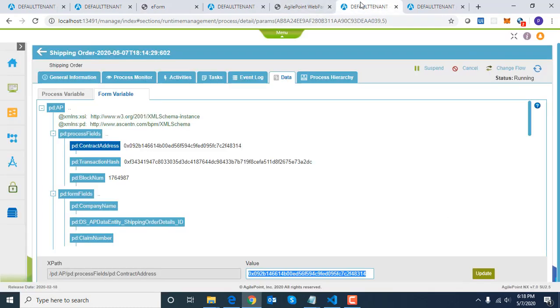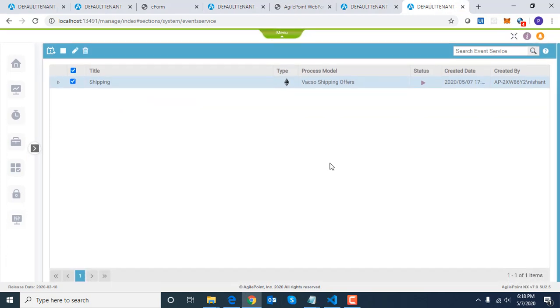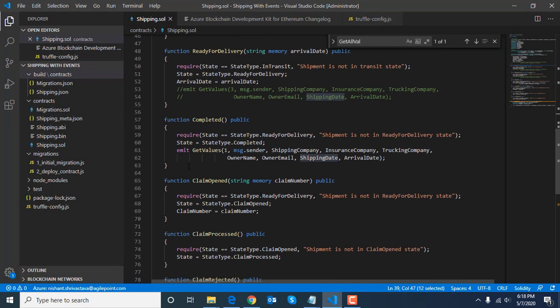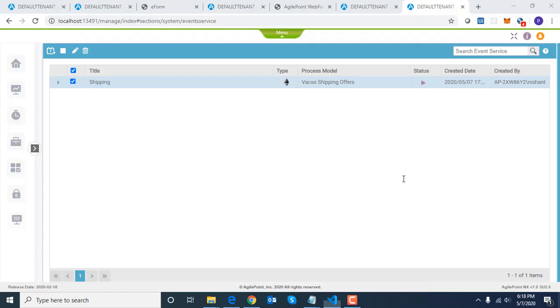Now, before we end, there's one more topic which I wanted to show you. We also have the capability of doing a two-way communication with blockchain. Till now you have been seeing that AgilePoint is pushing information to blockchain as part of the workflow. But blockchain, as I mentioned earlier in the video, has a concept of events as well. While certain events are logged into that event log in blockchain, we can listen to those events and kick off a workflow. So for example, when my shipment was being marked as completed, I had emitted an event. So if you go to AgilePoint's event services,